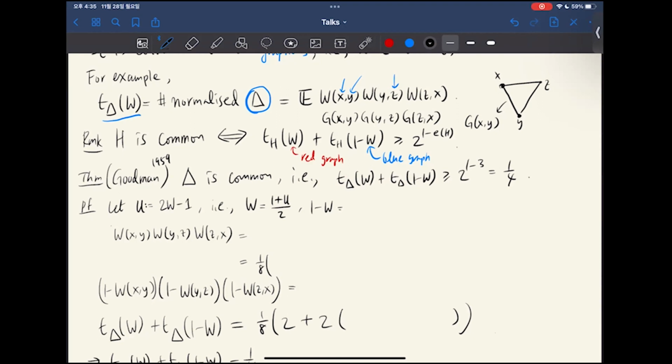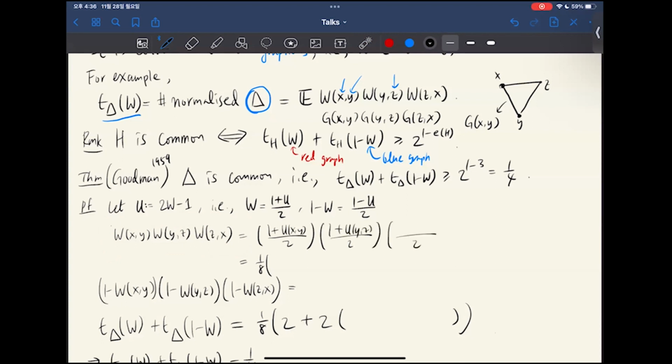And then 1 minus W is (1 minus U) over 2, okay? And then what I can do is plug this into the formula that I want to average over, right? And then I can just simply expand these out,